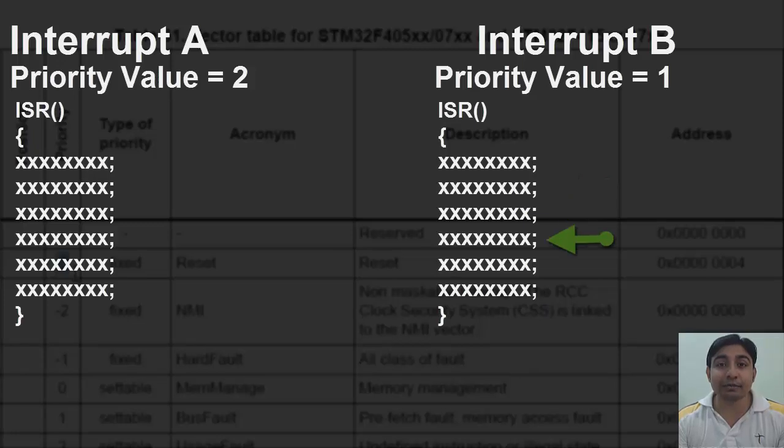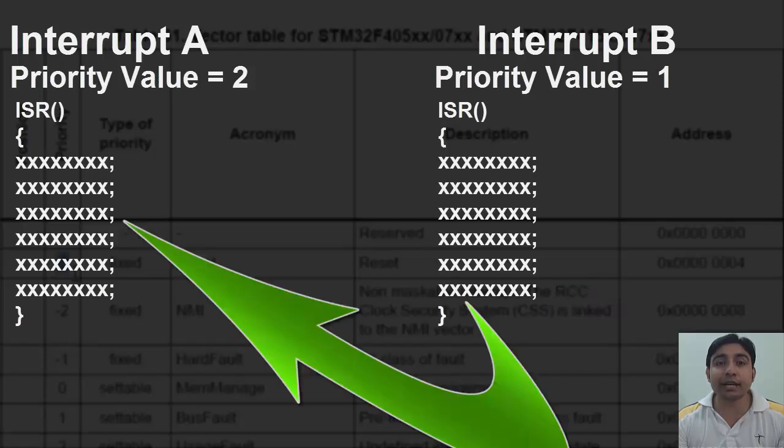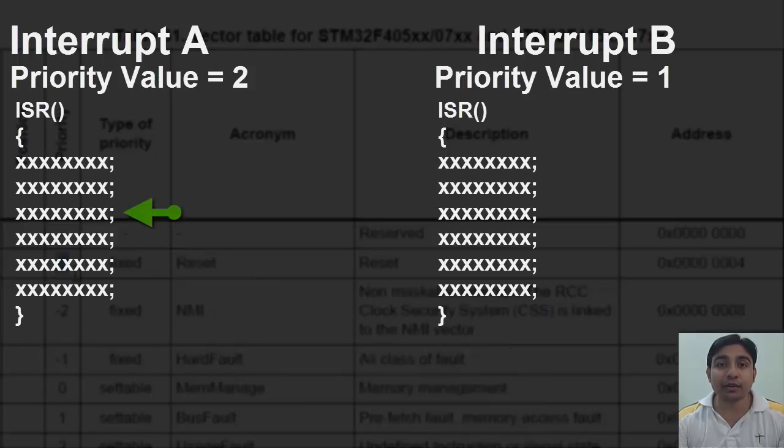That's because interrupt B has higher priority than interrupt A. When interrupt B's ISR is complete, it will come back to the ISR of interrupt A, resume the execution from the statement where it was put on hold earlier, and then complete the ISR of interrupt A. Hence you can see how a priority value can affect the interrupt working process.